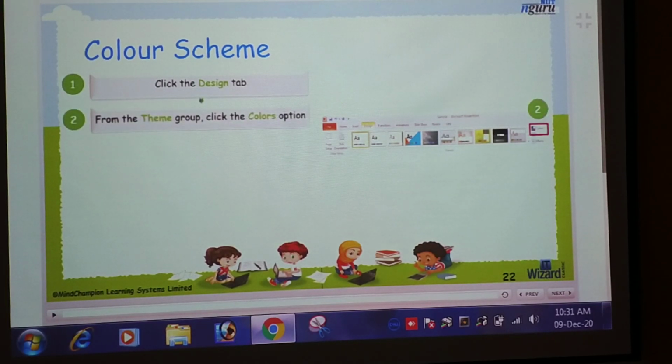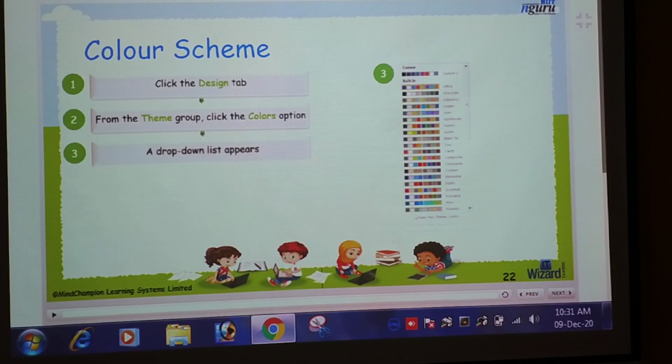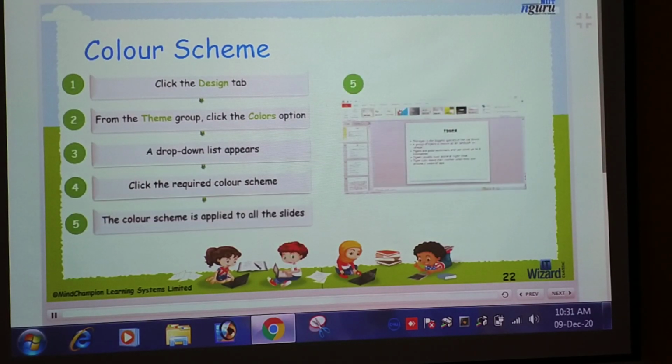After that, click on the Color option in the Theme group. Then a drop-down list appears on the screen. Click the required color scheme. The color scheme is applied to all the slides.